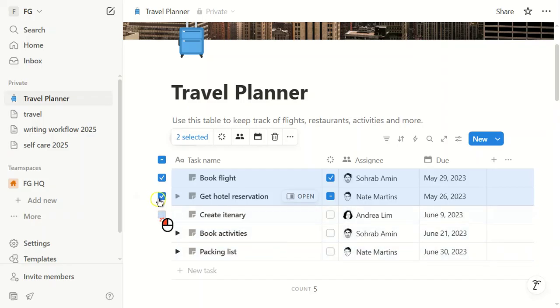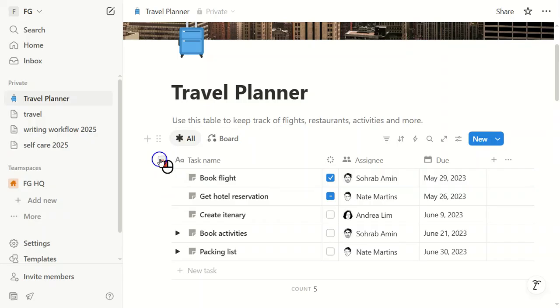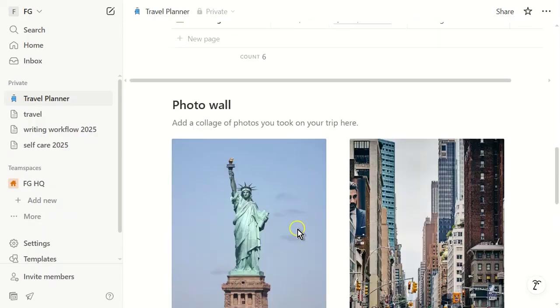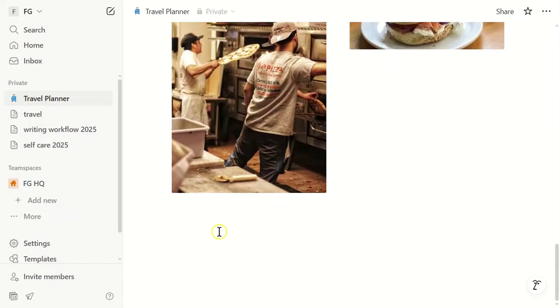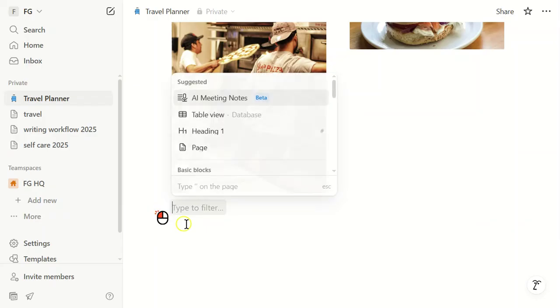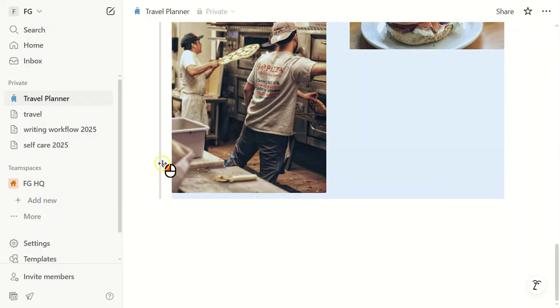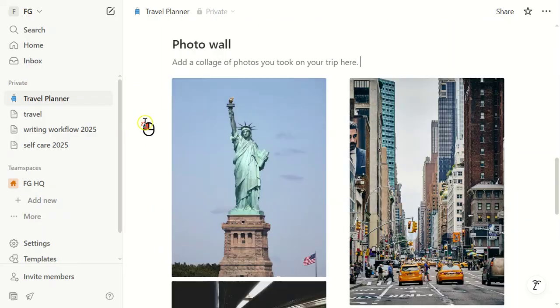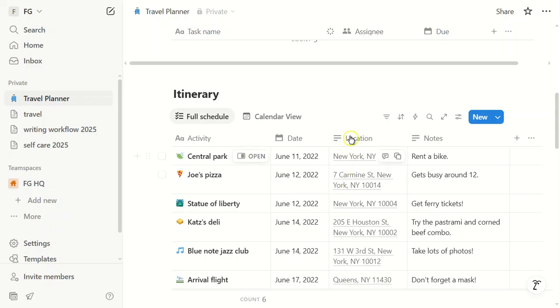Now, let's talk about the calendar. Add a calendar view to your template and start plotting your daily travel activities. You can add notes to each calendar entry, providing more details about your plans. Let me explain why this matters. Having a visual representation of your itinerary allows you to see your travel plans at a glance and make necessary